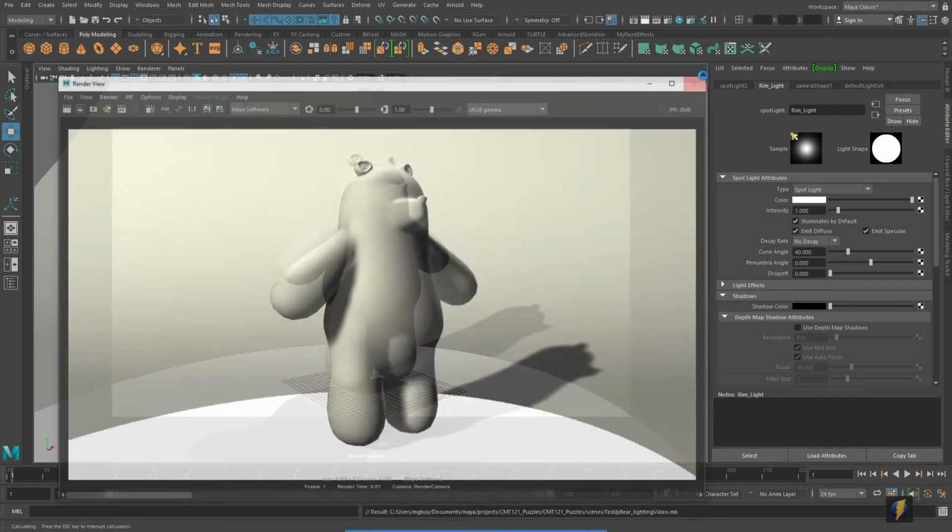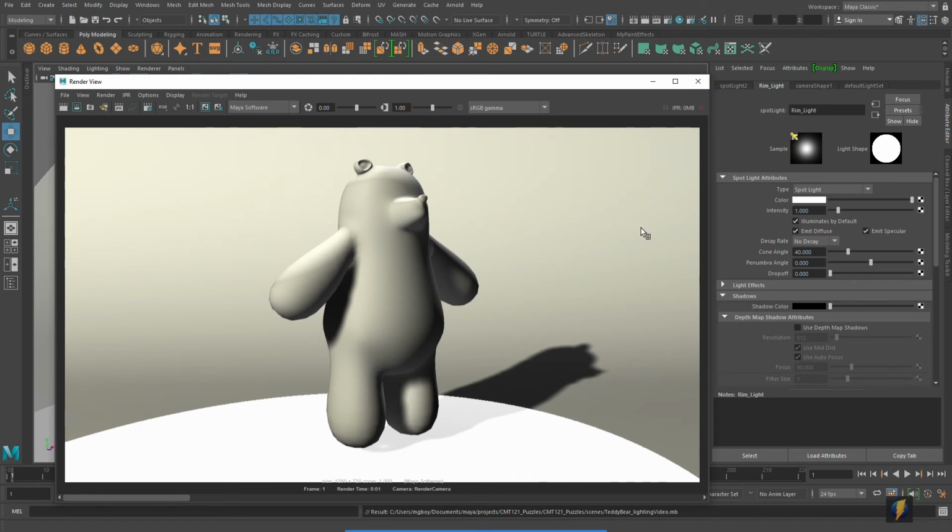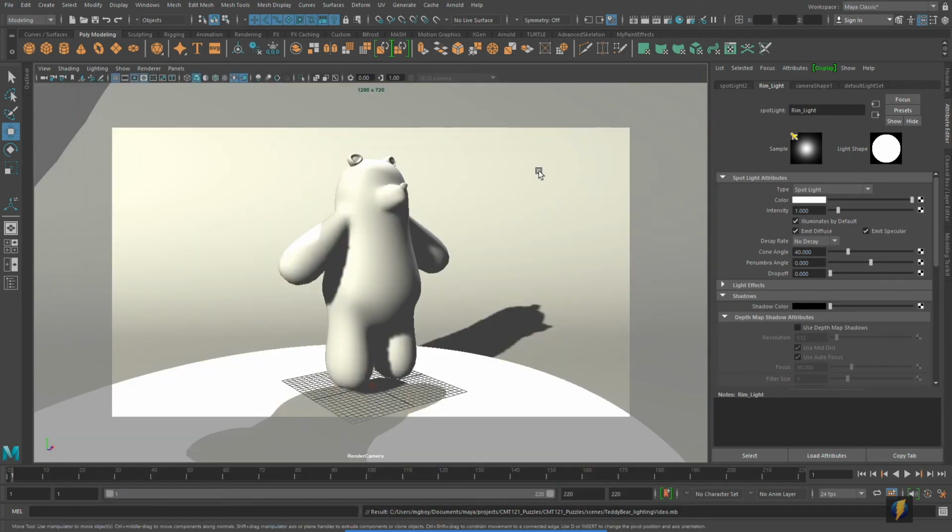Now, when we render this out, one thing you'll notice is that with those two spotlights in our scene, we're really losing this nice shadow that we had, and then we're also getting this outline from our rim light that I really don't like to have. So this is where we can fake some things in Maya that maybe you can't exactly do in the real world. What I'm going to do is open up what is called the relationship editor,